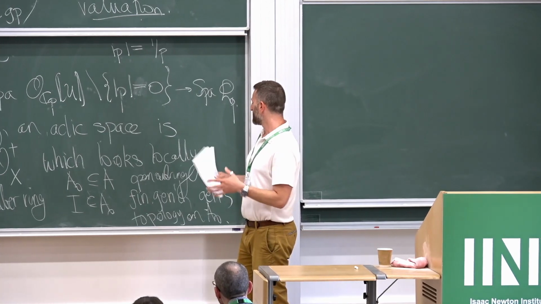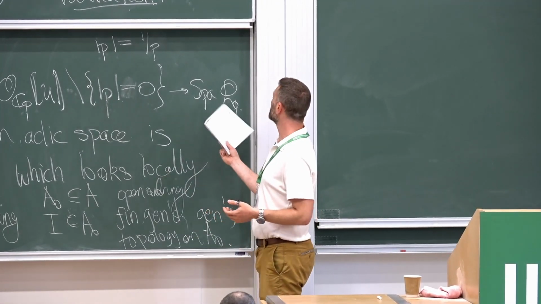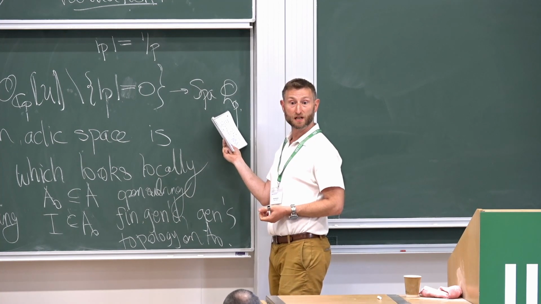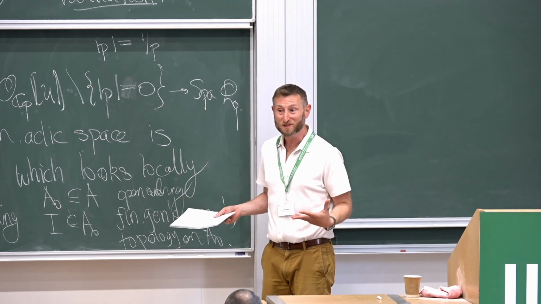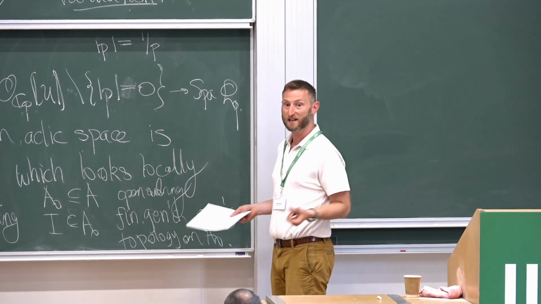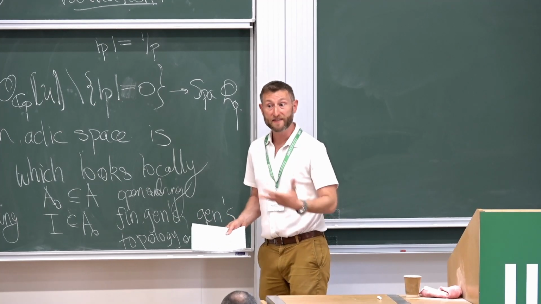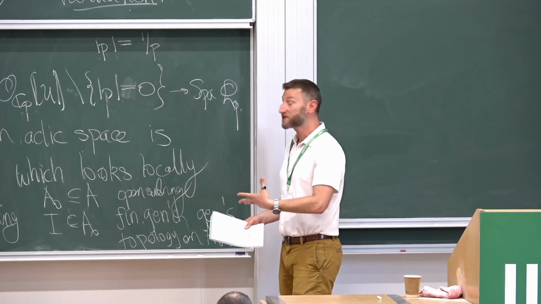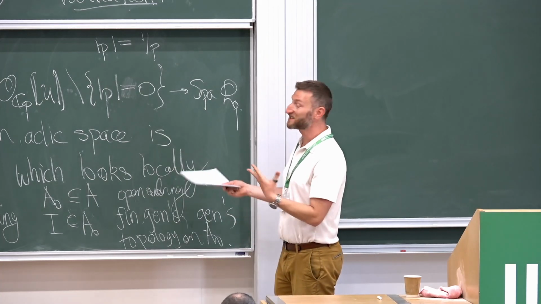Okay, that's a lot of symbols, but it gets across this idea that A itself doesn't have to be linearly topologized by an ideal, because that would exclude a really important example, Qp. Qp is not literally p-adically complete, because the only ideals in Qp are 0 and the whole thing. But Qp contains a subring, Zp, and its topology is p-adic.